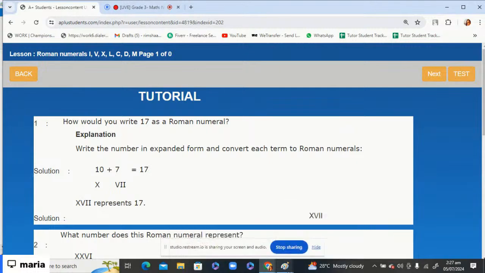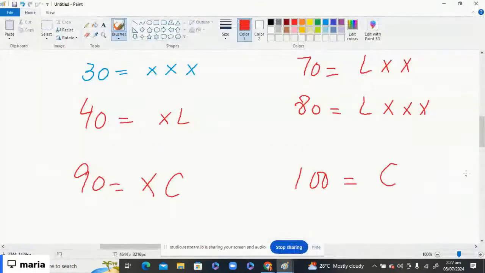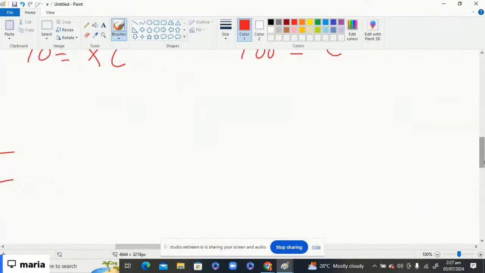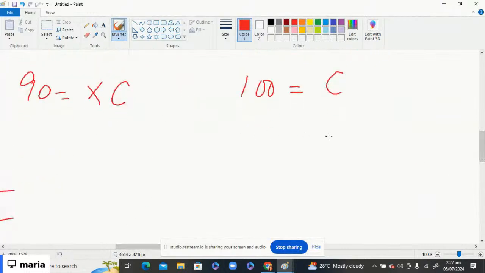So look here, for D I'm going to write it down here. Okay, so for your D, you are going to put 500, that is D, and 1000, that is M. Okay,